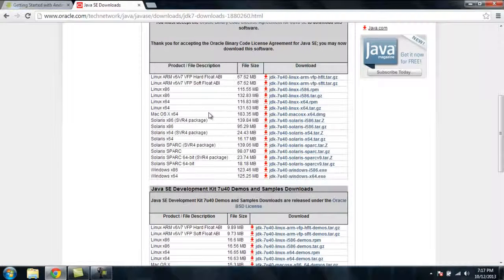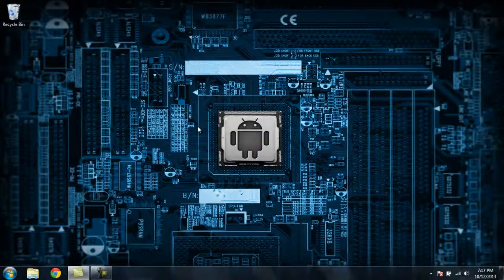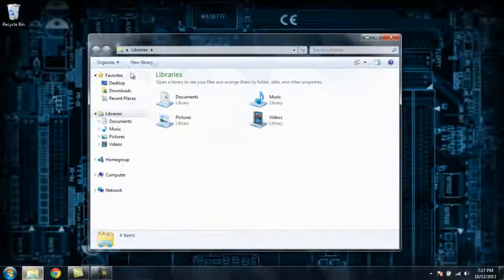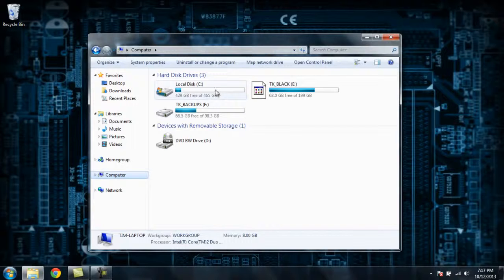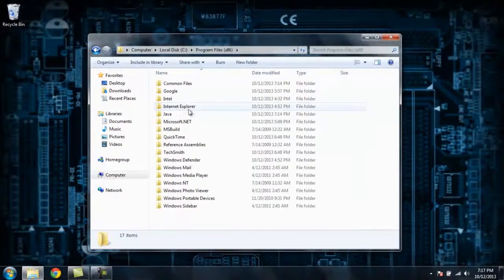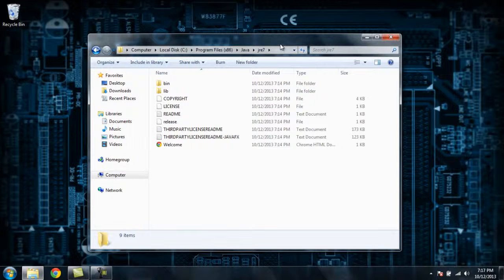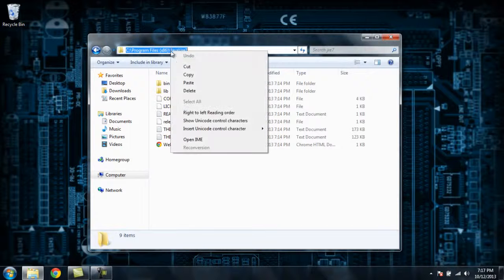In order for Android Studio to successfully start, we need to add a Java home environment variable to our system. So what that means is we're going to need to locate our Java JDK, or development kit, that we just installed, which mine was in C:\Program Files (x86)\Java\JRE7. So I'm going to go here, I'm going to copy that address, hit Control-C, or right-click and say copy, and